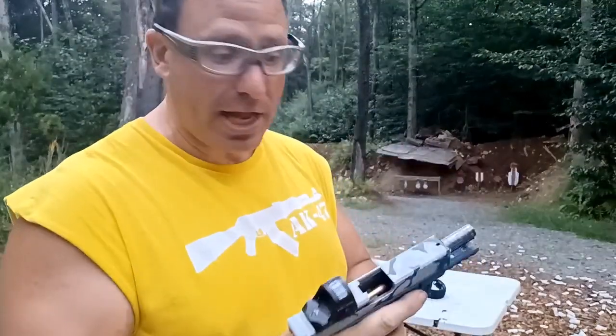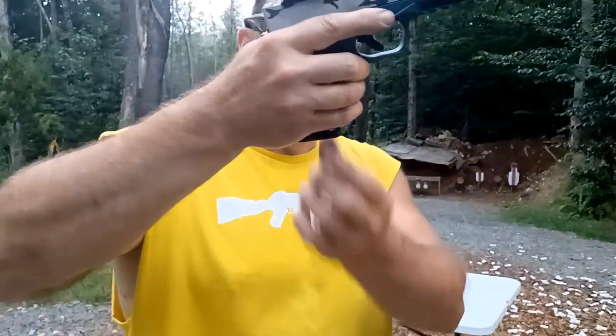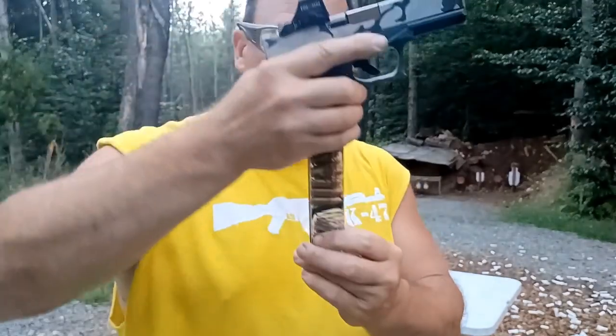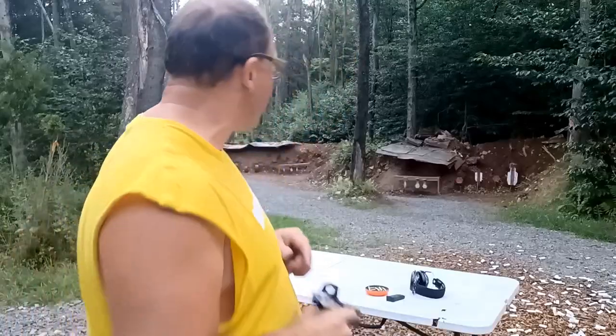There's less of a chance that the magazine is just going to be sitting there like that and then just drop out at some point, right? So that's why we lock and load. When people say the term lock and load, this is what they mean: lock the gun open and load it. Okay, so once the magazine's in there, you want to keep the gun